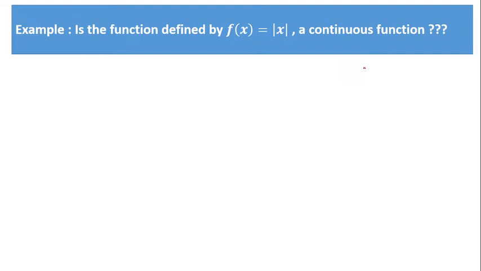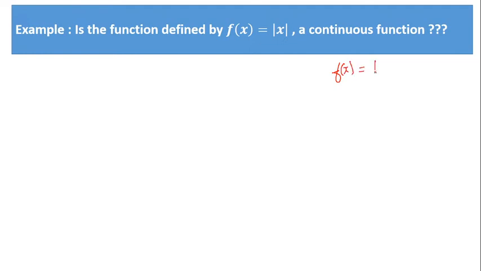If the graph is continuous, that is if there is no jump or no breakage in the graph, or if when I draw the graph I don't have to lift the pen, then you can say that such kinds of functions are continuous. Just by looking at the graph, you can say whether a function is continuous or not. Now all of you know the domain and range of a continuous function. So what is the domain and range?